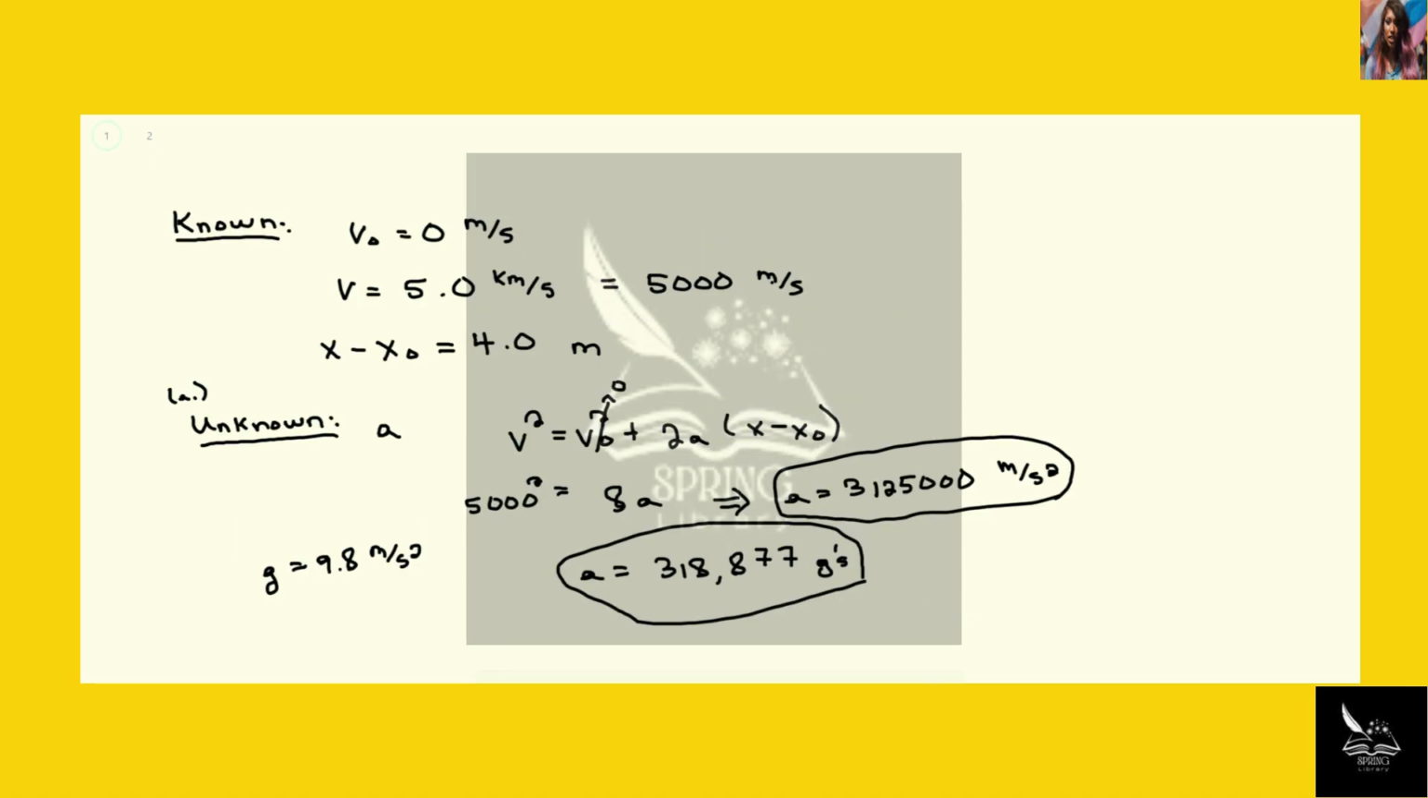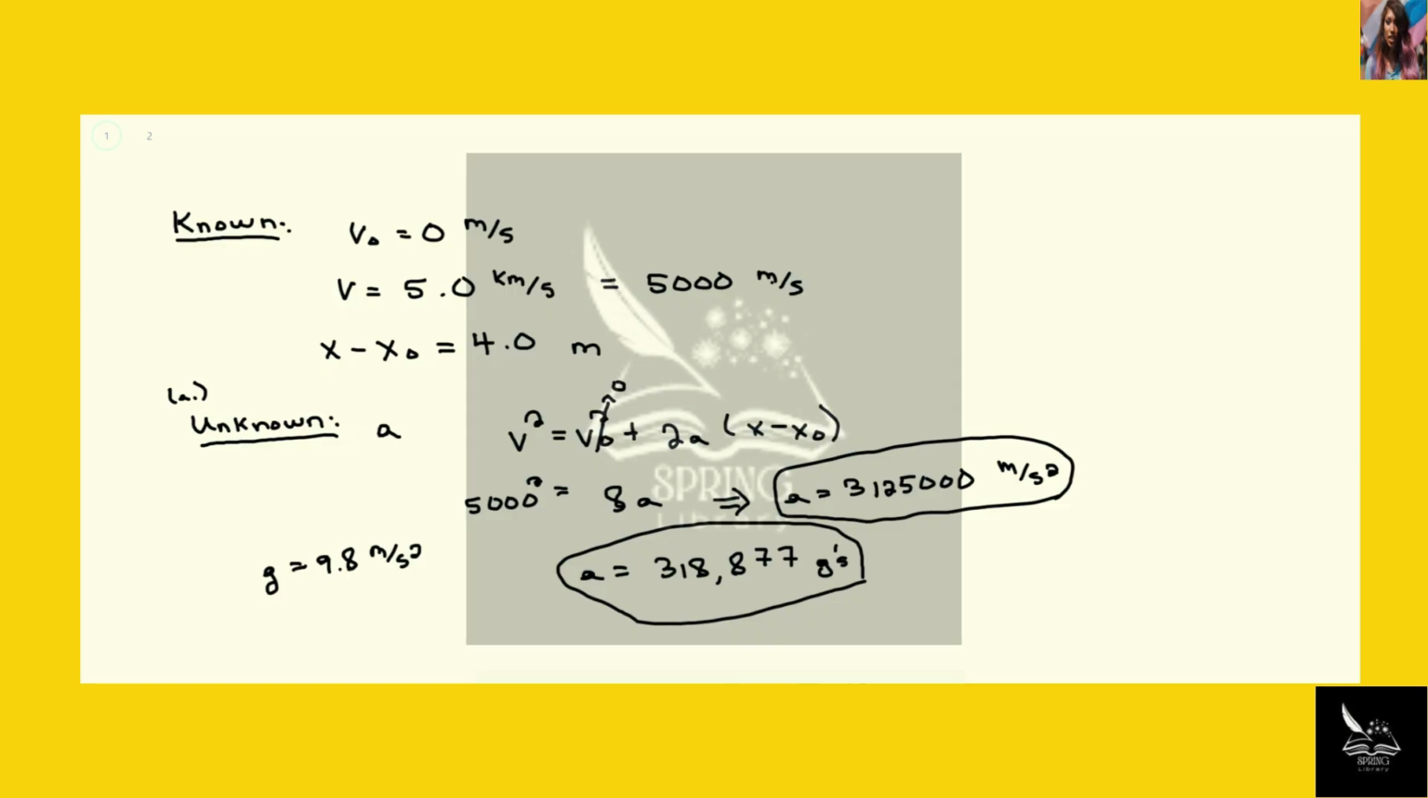So in this problem, we are given the initial velocity of 0 meters per second, a final velocity of 5 kilometers per second, which is equivalent to 5,000 meters per second, and a distance traveled of 4 meters. For part A, our unknown is the acceleration, and since the acceleration is constant, as it tells us, we can